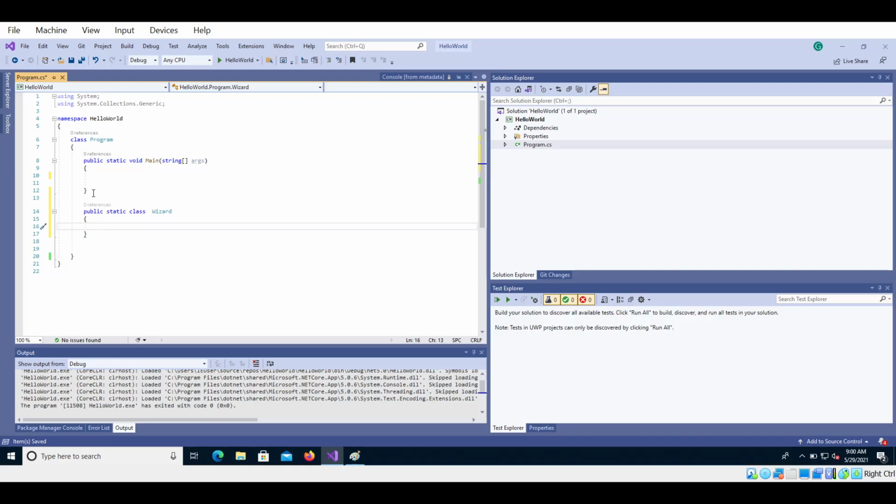okay, we have the wizard. What can the wizard do? Well, the wizard can cast spells. If you remember from games like Diablo or like Baldur's Gate, you can have different spells like fire spells or ice spells or some other category. Now, I am not going to go into such details, but let's imagine we have